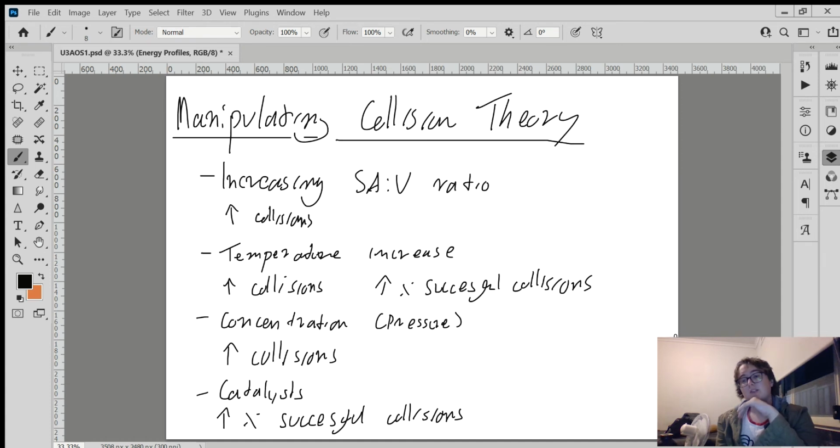Now, one of the biggest parts of this unit is also manipulating collision theory to increase or decrease a reaction rate. Everything here will increase the reaction rate, but please note, if you do the opposite, the opposite can happen, but it's a bit different for some things. Just be careful with it. So increasing the surface area to volume ratio increases the amount of collisions. If you think about it,